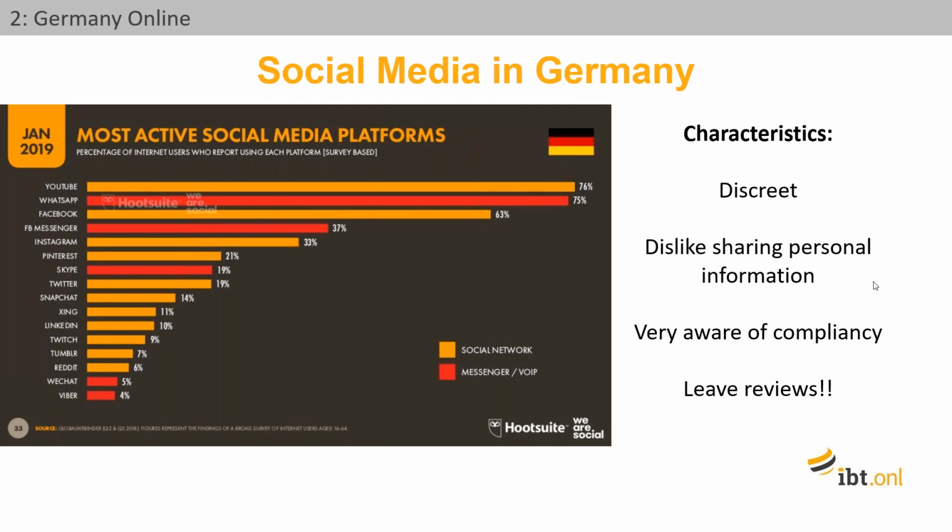Then we have another platform in Germany, which is called Xing. It is a little like LinkedIn, but it's more specific. So it's a great place to find employees in Germany, but also distributors and to be in touch with the industry-specific forums. As you can see on this image, Xing is just ahead of LinkedIn in terms of usage, so it's more used than LinkedIn in Germany. And then we have also some characteristics for you. The ones we have here are cautious, discreet, compliance aware, and all of these features are similar to the features you would find on how to use German websites.